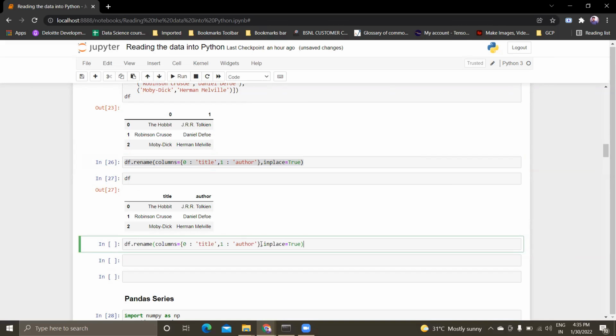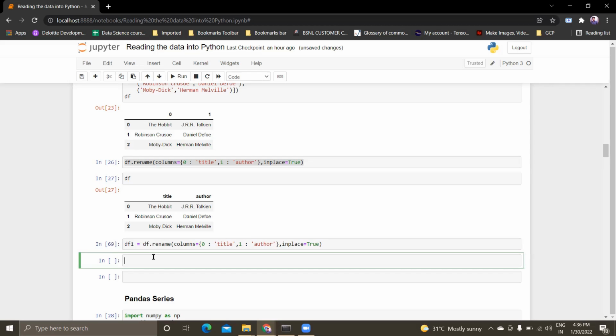Now come to the beginning, and say I want to rename this entire section into a second data frame. So all I will do is df1 equals to, so my new data frame will be df1.